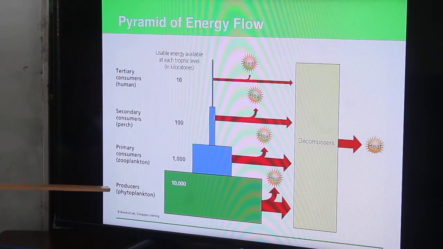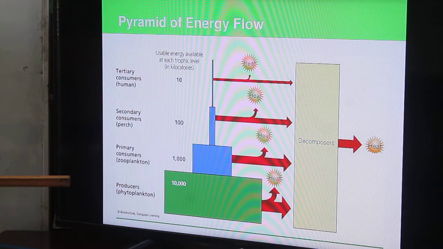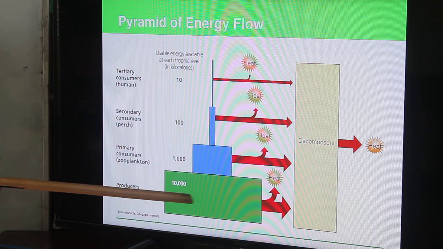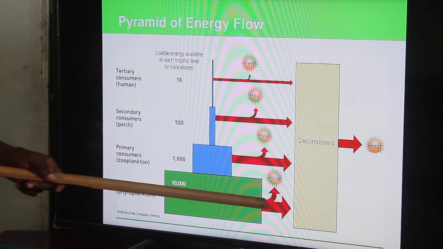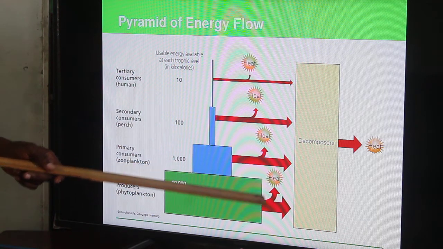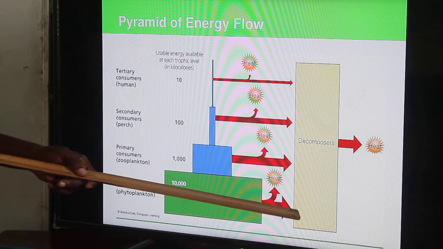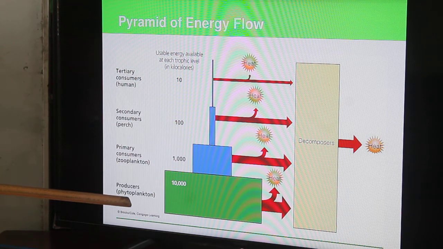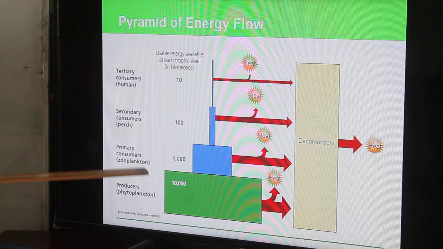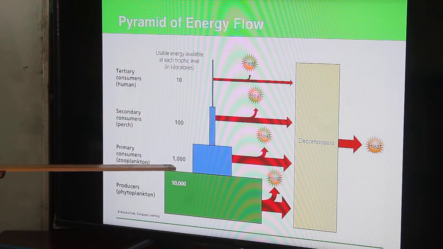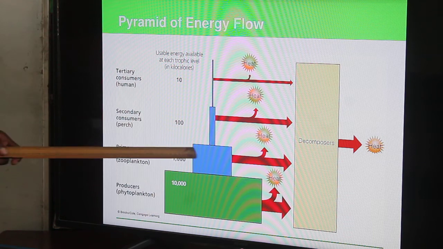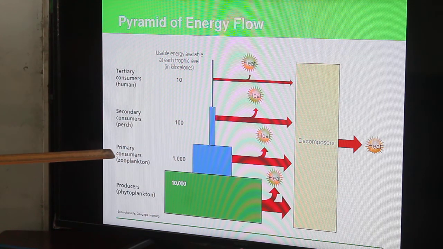In this case, these are the phytoplankton in a water body, trapping sunlight, of course, giving out a lot of energy, but they are also respiring, meaning we are losing energy in form of heat. So out of the 10,000, there's some energy being lost. Then primary consumers, zooplankton, the animals, feed on these phytoplankton, and out of the 10,000 joules, they are only able to obtain 1,000 kilojoules. Again, look at the numbers, the population, it's actually smaller.